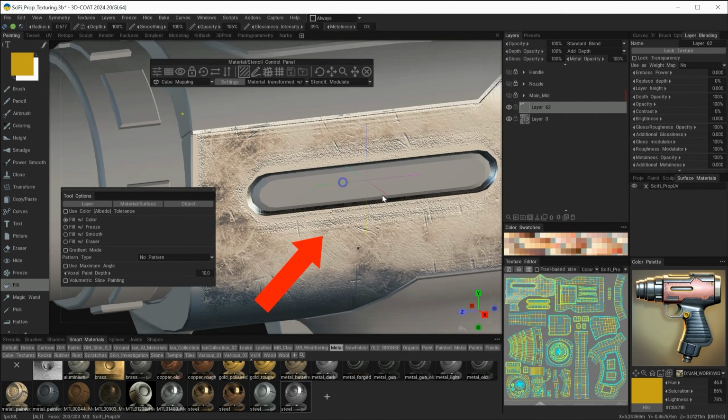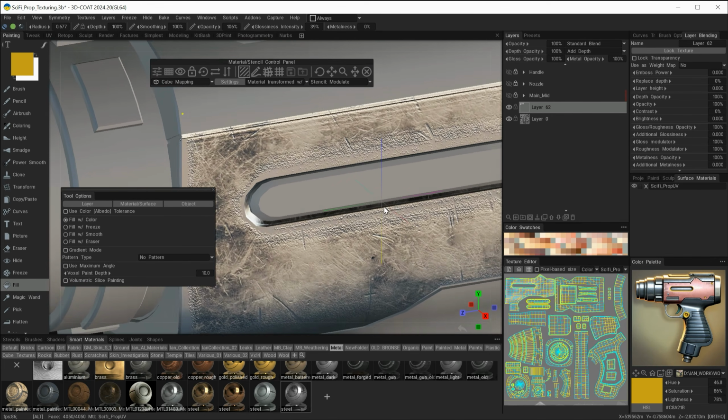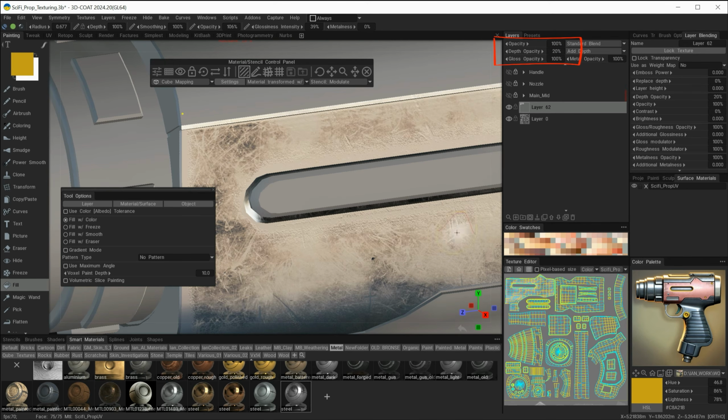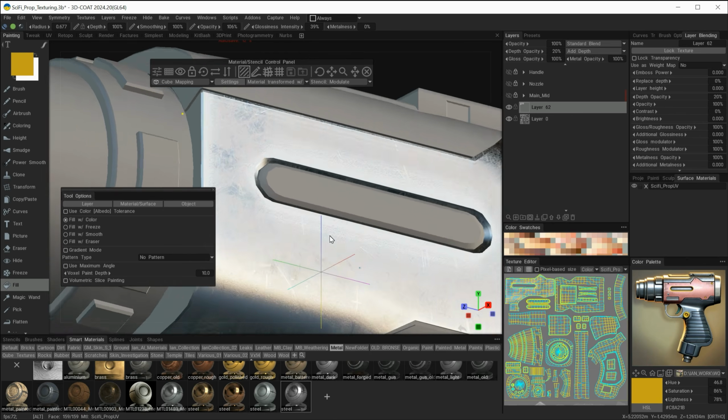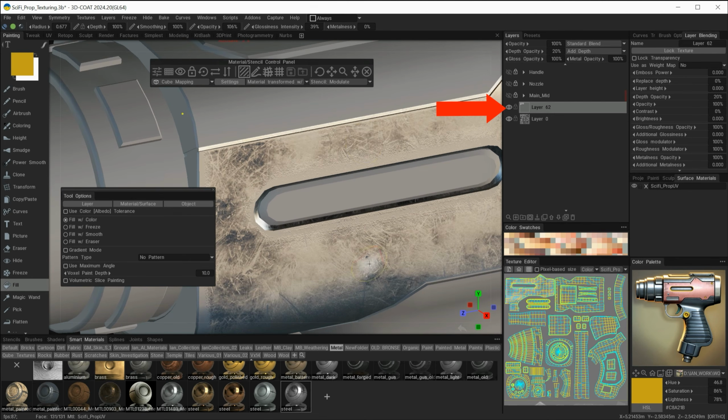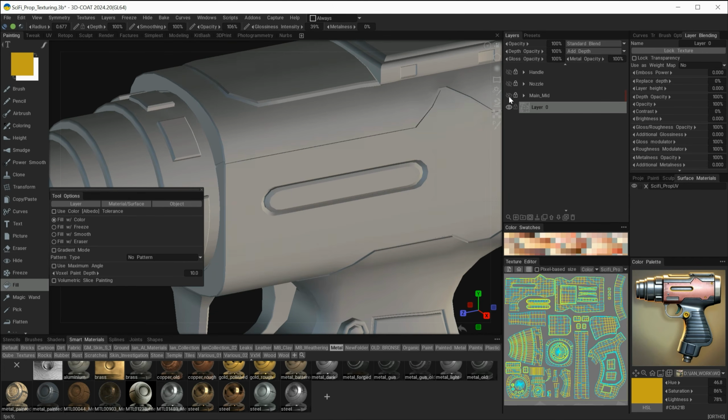For example, here we can see some normal map detail on this texture that I don't actually like. It's too deep. So with this layer selected, I can come over to the depth opacity and maybe reduce that down to say 20%, and you'll see that it now reduces. I can do the same with the glossy and also the metallic opacity of this specific layer. Okay, let's delete this now and turn on